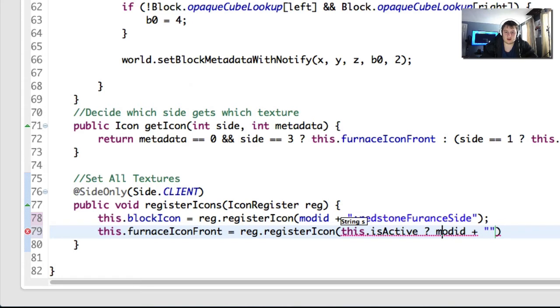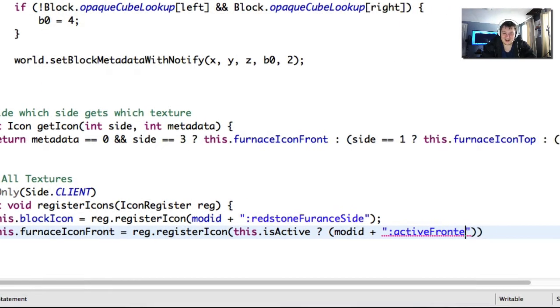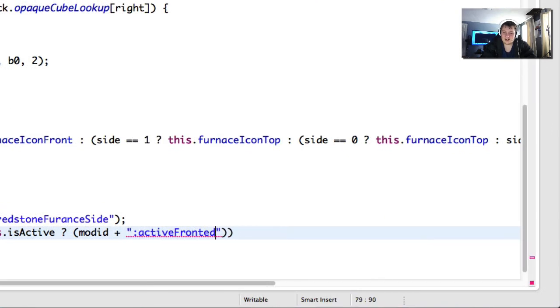Actually, I'm going to encapsulate this just to make sure that it's all good. So put another one on there. There we go. So mod ID plus colon active redstone active front redstone front redstone furnace, and then outside of that